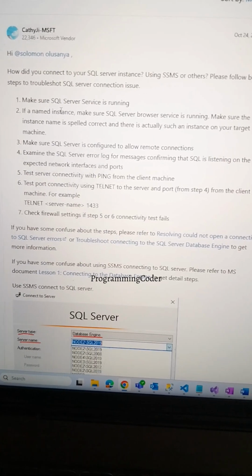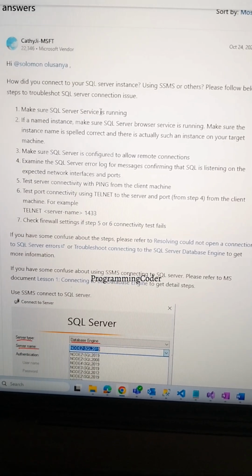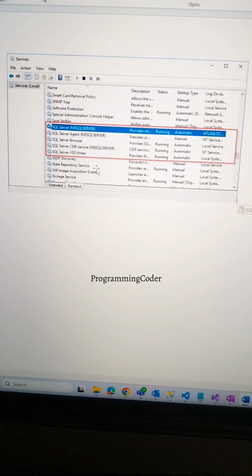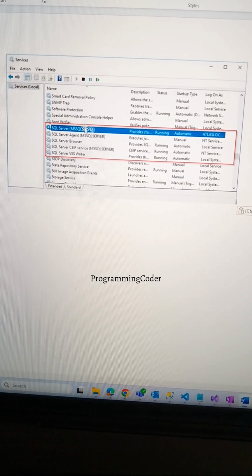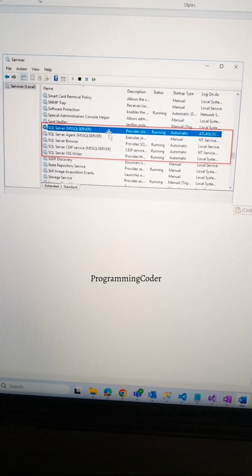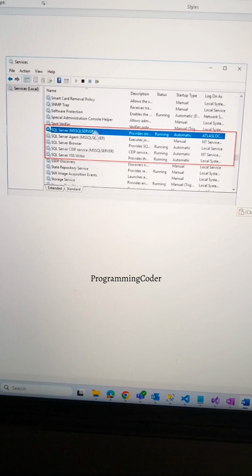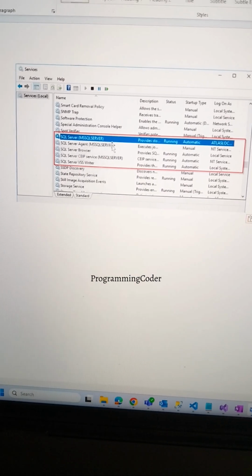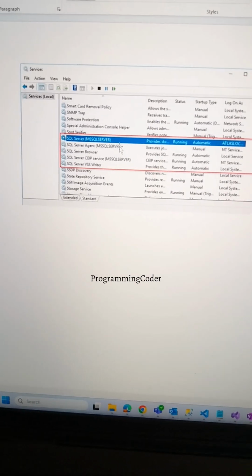First, make sure the SQL Server services are running, meaning the SQL Server service, which in parentheses you can see the name. The same name we need to give in SSMS, SQL Server Management Studio.